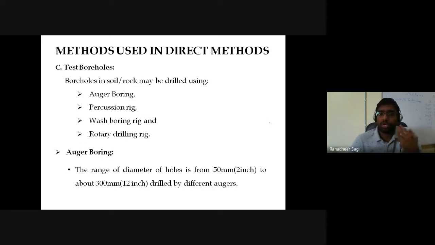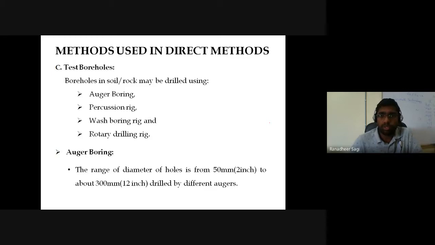is for when you want to know the condition of the soil or the ground at deeper depths, how the properties of the soil exist over larger depths. In such cases we said we cannot simply go for open pit excavation, because open pit excavation has a limitation of maximum up to 3 meters or so. Beyond that, it becomes difficult and uneconomical to go for an open pit excavation. So in such cases, we said we'll prefer the boring process.